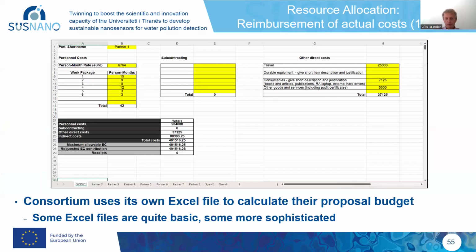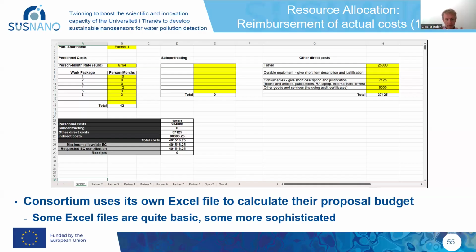Okay, before concluding, I should say some words about the older way of doing budgets, which to some extent still exists. So in other words, the reimbursement of actual costs. Now here, the Commission doesn't give a standard Excel file. They don't give any particular advice. They don't give a particular file. What you're seeing here on the screen is an example from the sort of Excel file I would typically use. So I take a rather simplistic approach